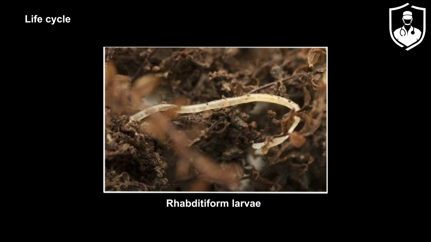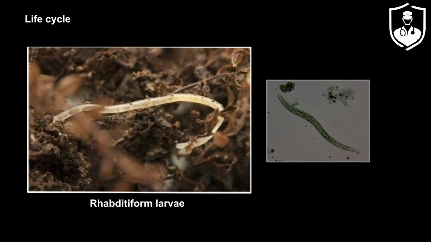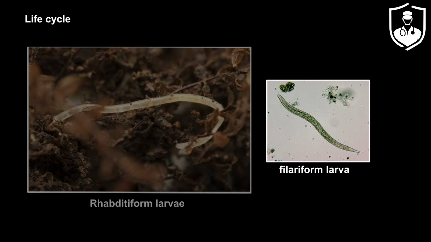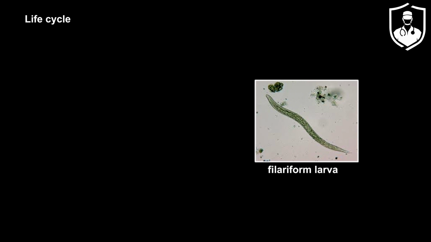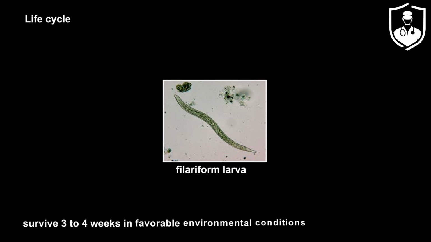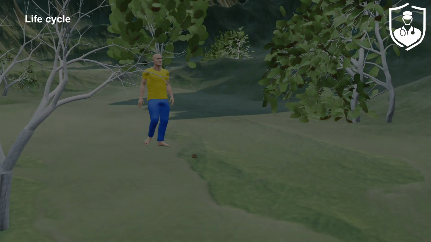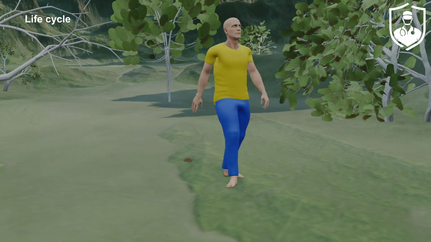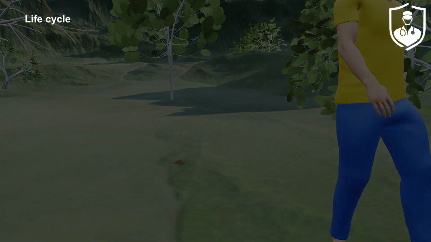These released rhabditiform larvae grow in the feces and in the soil. And after 5 to 10 days, they become falciform, third-stage larvae that are infective. These infective larvae can survive 3 to 4 weeks in favorable environmental conditions. On contact with the human host, typically bare feet, the larvae penetrate the skin